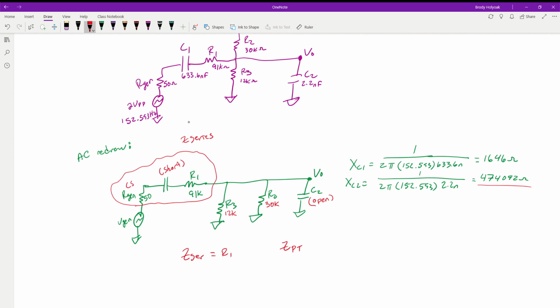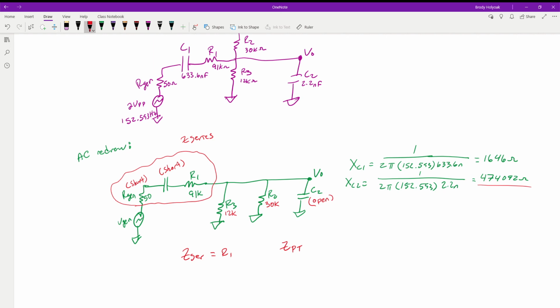Now, when we're talking about them, we're going to call them a virtual open, because they're not an open. They are still there. They do have value. They do have purpose. But for all intents of our calculations, we're not going to use them because they're acting as if they were opens or shorts. So we call these virtual opens and virtual shorts because we're only treating them in our calculations as if they're opens and shorts. But in all reality, they are still there in the circuit and they are still going to have some effect, but it's going to be very, very tiny.